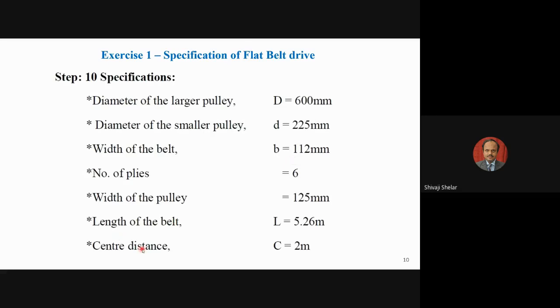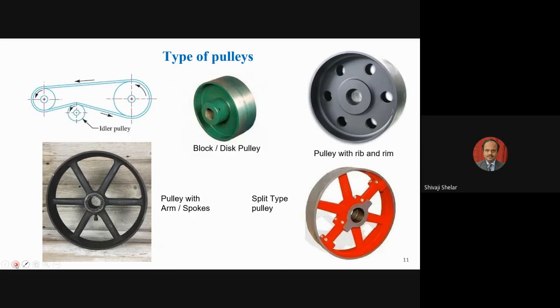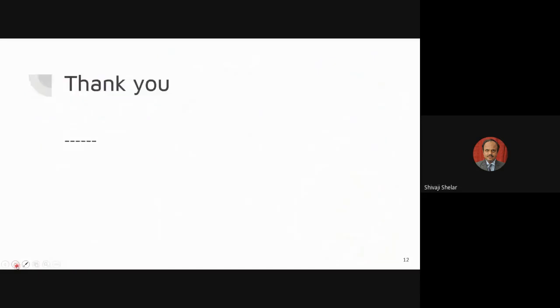So that completes your design. So we can write down this specification. These diagrams are just for understanding purpose, different types of pulleys here. When we are going for the pulley analysis, if this problem is asked for 20 marks, then I have to do the analysis of pulley also, space analysis or design analysis of pulley. So that problem we will see in the next class, next lecture. Slightly bigger problem we'll take, in which the analysis of pulley will also be included. Either a cast iron pulley or steel pulley analysis will be included.